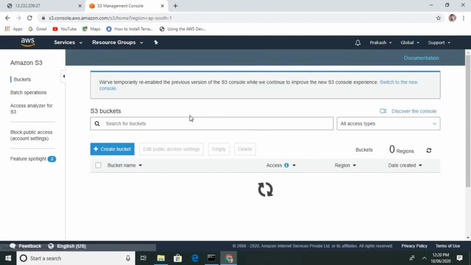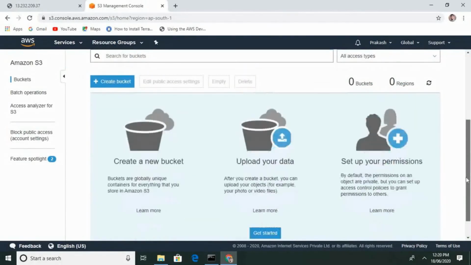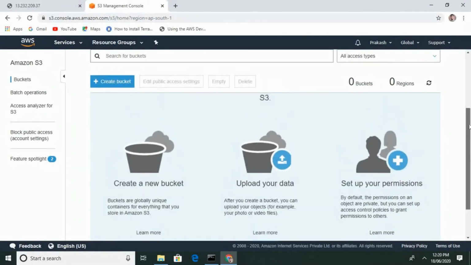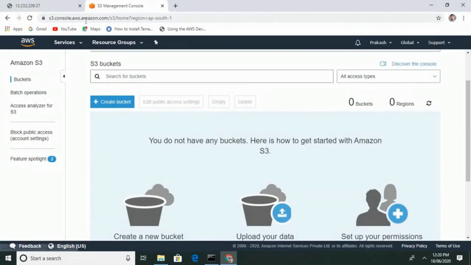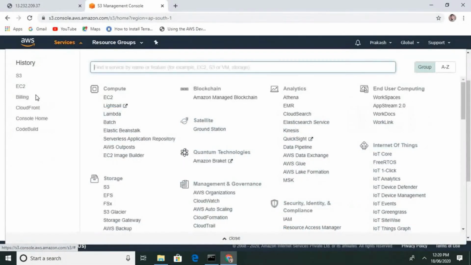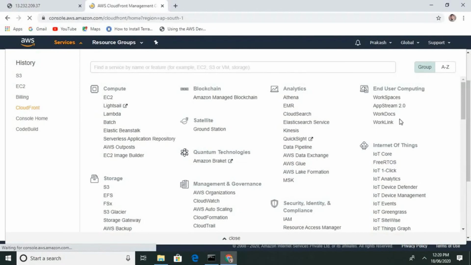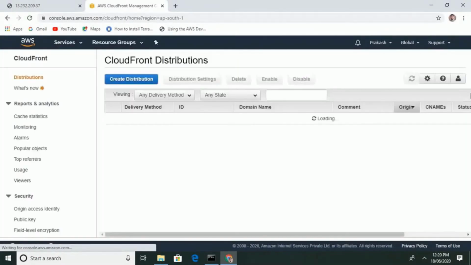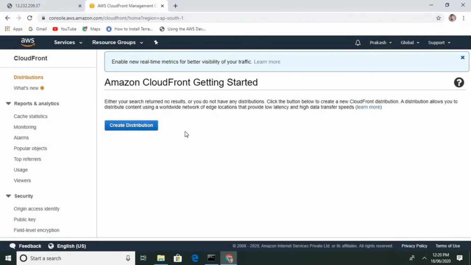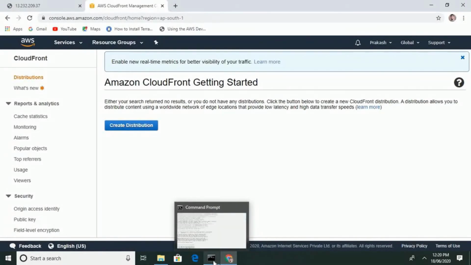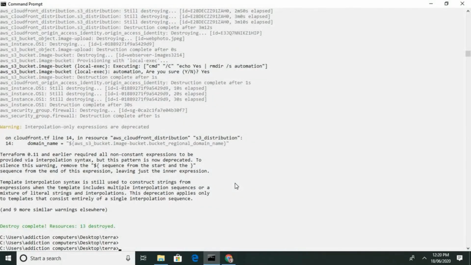So powerful. You can see no buckets are there in S3. Let's check CloudFront. Nothing is there in CloudFront. So just by one click your complete infrastructure was launched and created, and by just one click your complete infrastructure is destroyed.